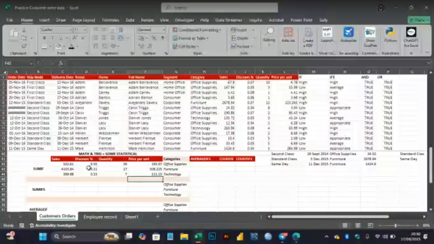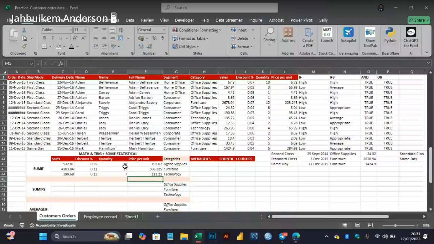Although that same causation might also be applicable for discount. Notice here the quantity sold is 7 for technology and discount is just 13%. Now look at the sales made, 399.68. Notice again here the quantity sold for furniture is 17. Then there was list discount, which is 0.11, now is 11%. And these are the sales made. Then come again to quantity sold for office supply. It has more quantity sold, but there was a lot of discounts given on office supply that led it to